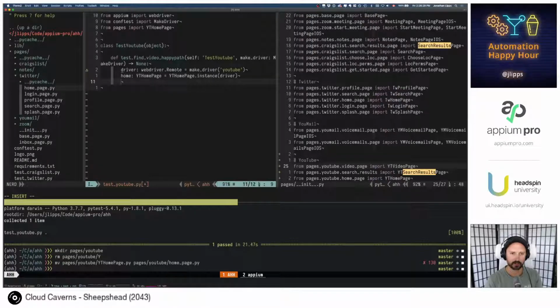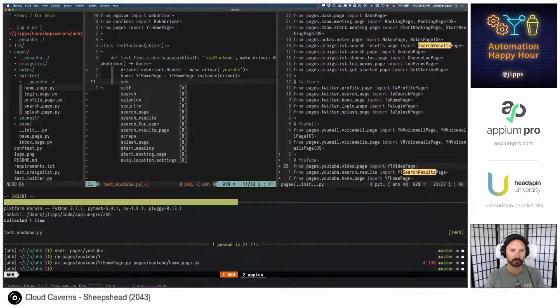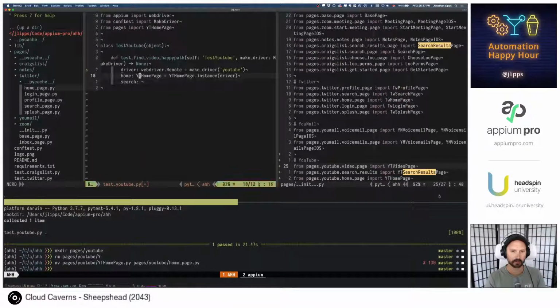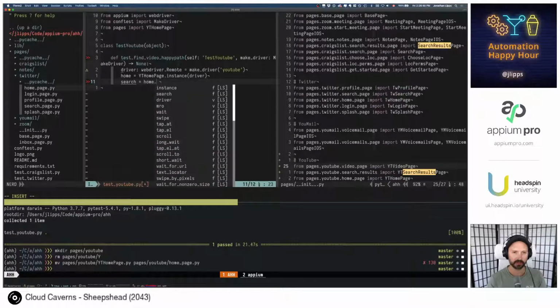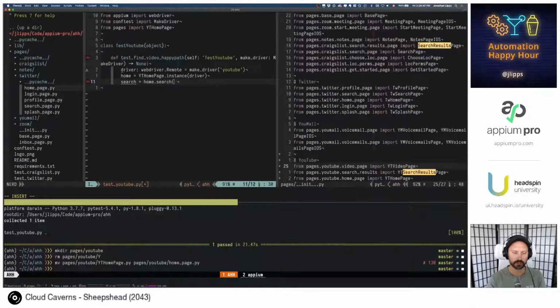So then from the homepage, we're going to search. So then we can say we get to the search page by searching from the home page. Search for Appium.